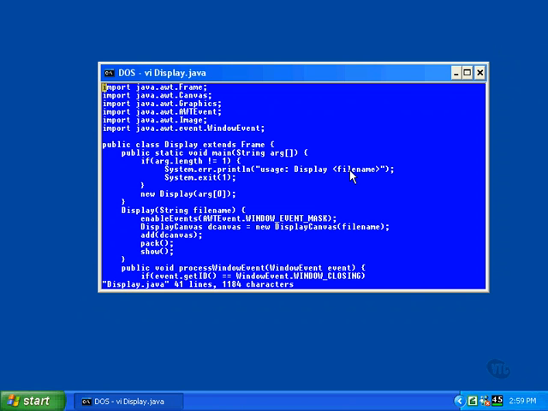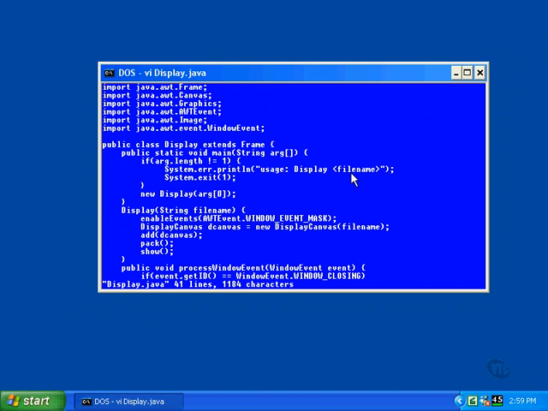Now, the file could actually be a JPEG, GIF, or a PNG. Any one of those three can be loaded and displayed. By the way, Java doesn't pay any attention to the suffix on the file name. Java looks at the content of the file itself to determine the type. So you can name it anything you like, but it must be one of the three, a JPEG, a GIF,